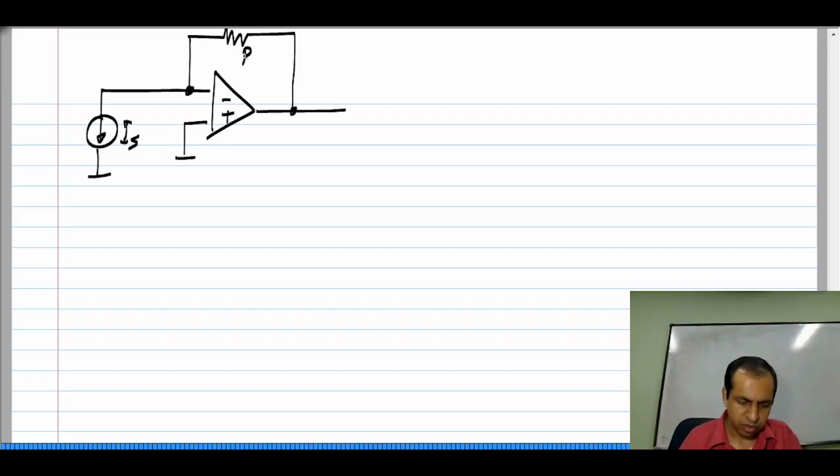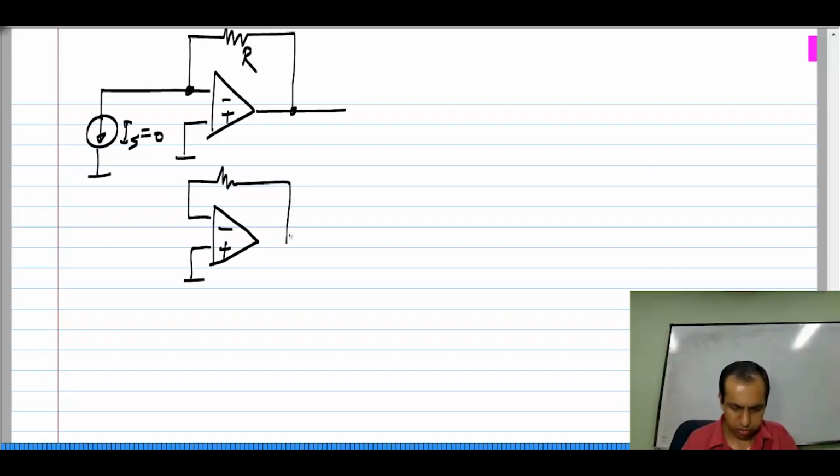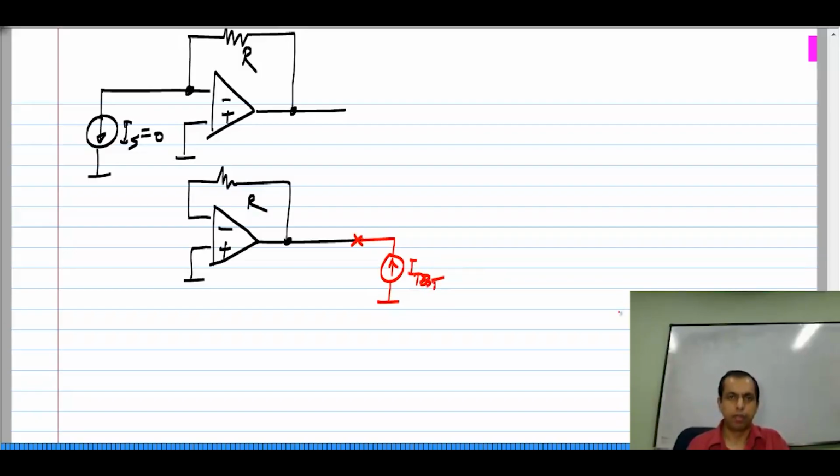Okay. And to evaluate the output resistance, I set Is to 0. So, this becomes an open circuit. And I have this resistance R. Okay. Now, to evaluate the output resistance, I connect a test current. Now, this Vx here is 0,